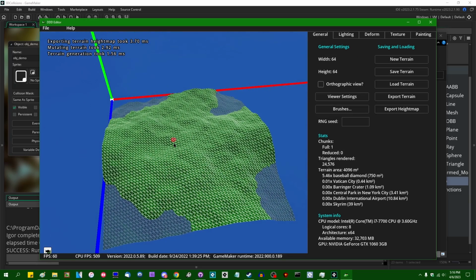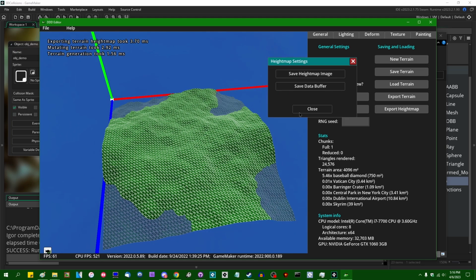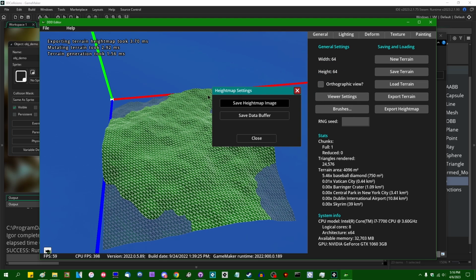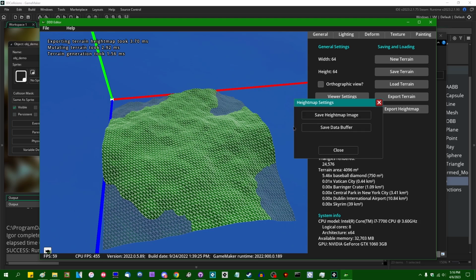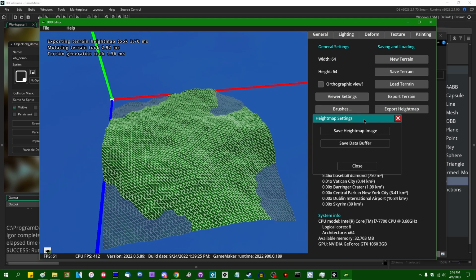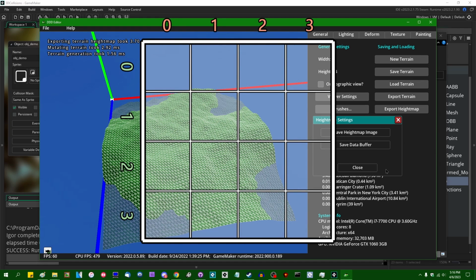We don't need it to be encoded as an image, with all that extra image data, and a bunch of time wasted when the game tries to parse the image data. What I've instead done is export a raw data buffer of height values. The raw data buffer essentially contains an array of 32-bit floats corresponding to the height of the terrain at any given position. And the way that those are arranged, I'll throw another chart on the screen right now,